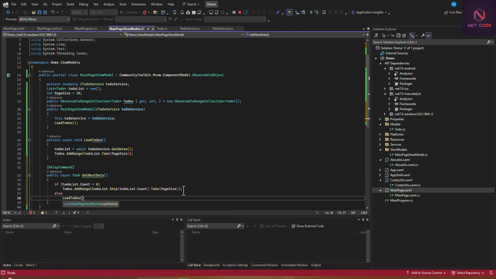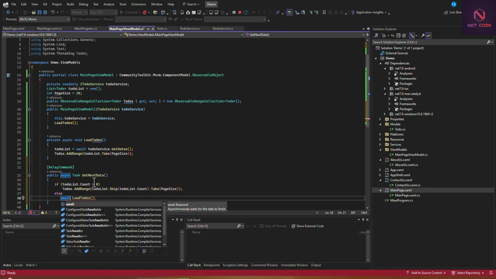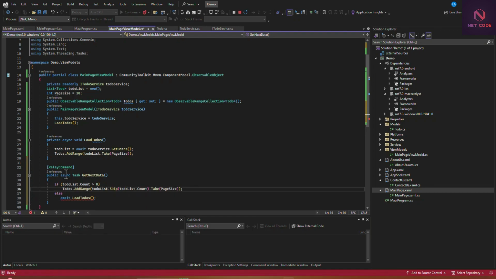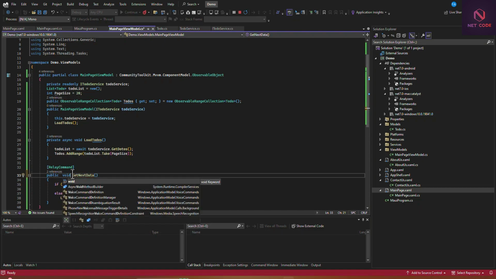And now here we have to put an await to that. Or let's see, since it is void, we can't put it. Let's use this. So we save that, and now here we can take off the async, so it's going to be public task then. So let's see what it is doing. Now it is saying something, not all code returned task. So can it be void? So public void get next one here.